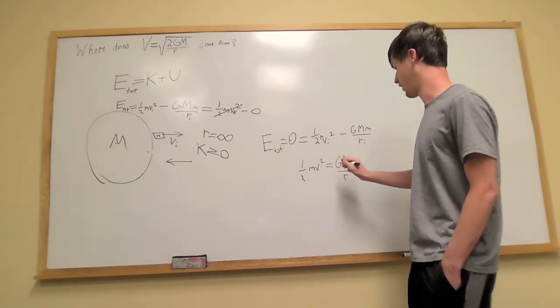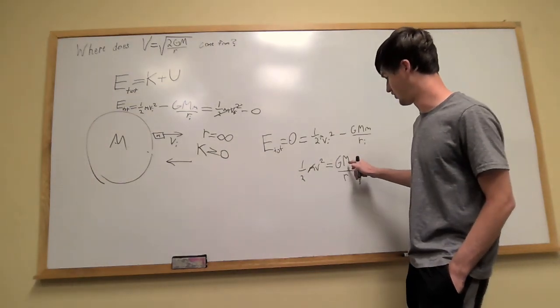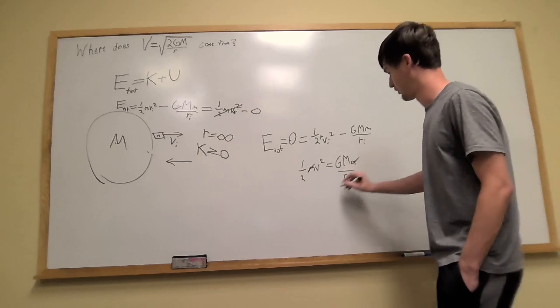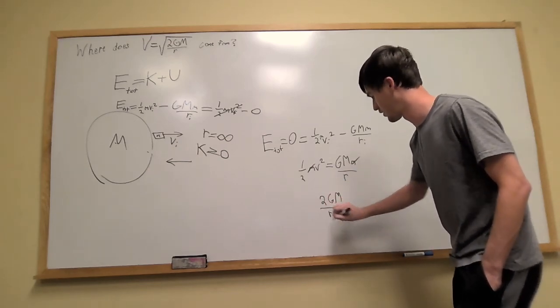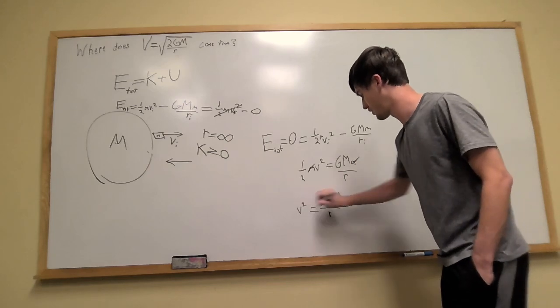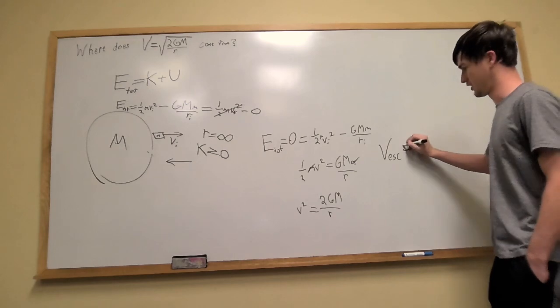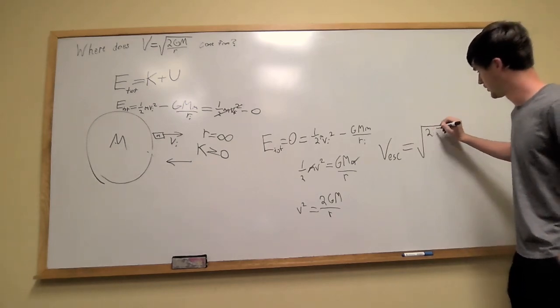So all we have to do now, little m's cancel, we're left with GM over r equals 1/2 v squared. Bring that to 2GM over r equals v squared, which means that v escape velocity equals square root 2G